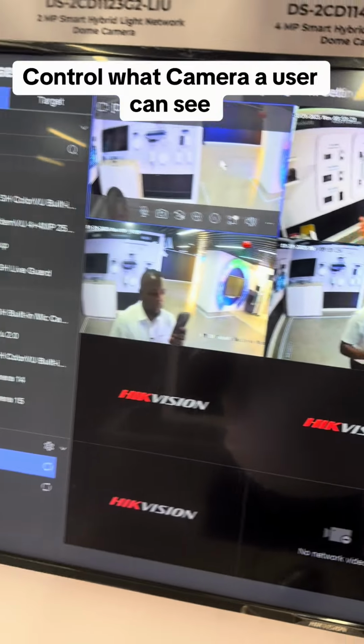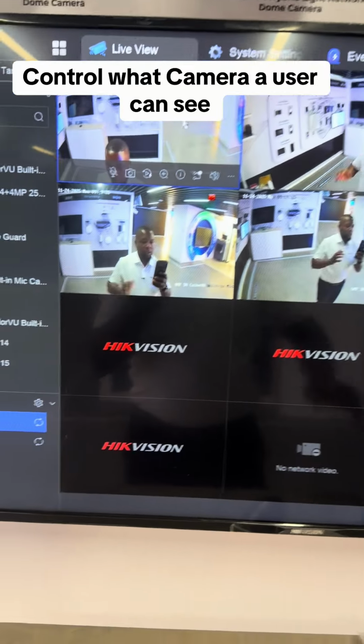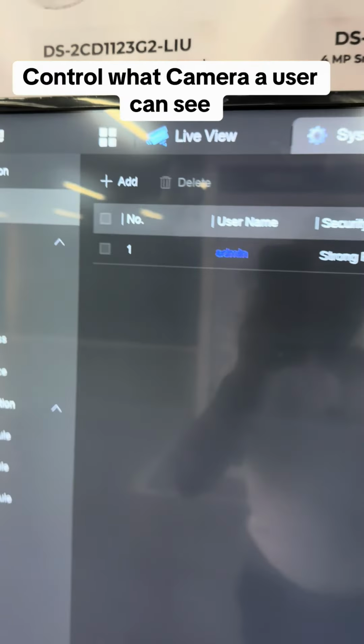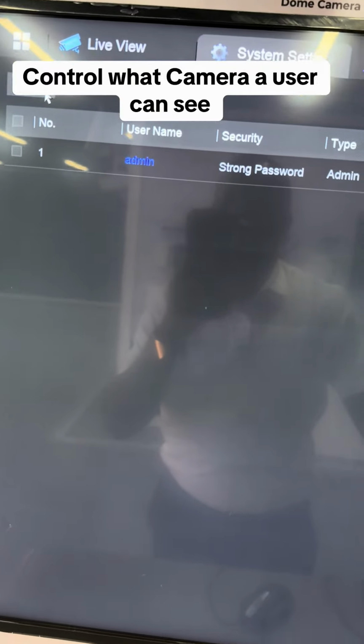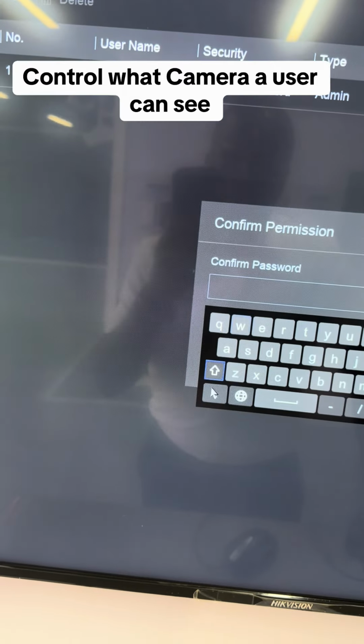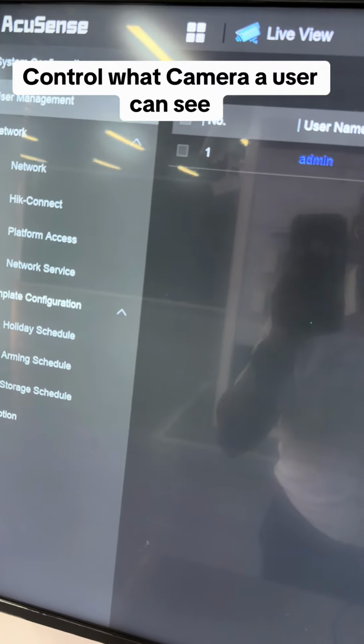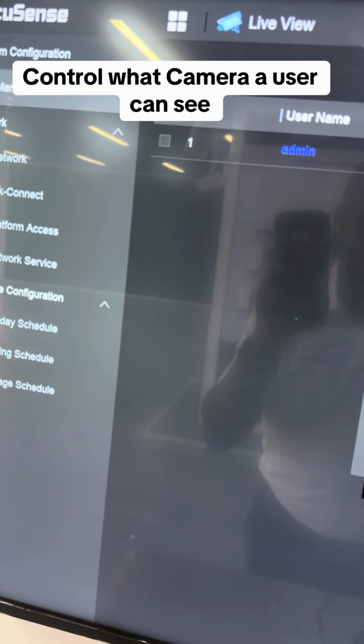So what you do on Hikvision NVR is you go to system setting, you go to user management, then from user management you just add a user. Of course you must confirm the password, so I'll just key in the password,